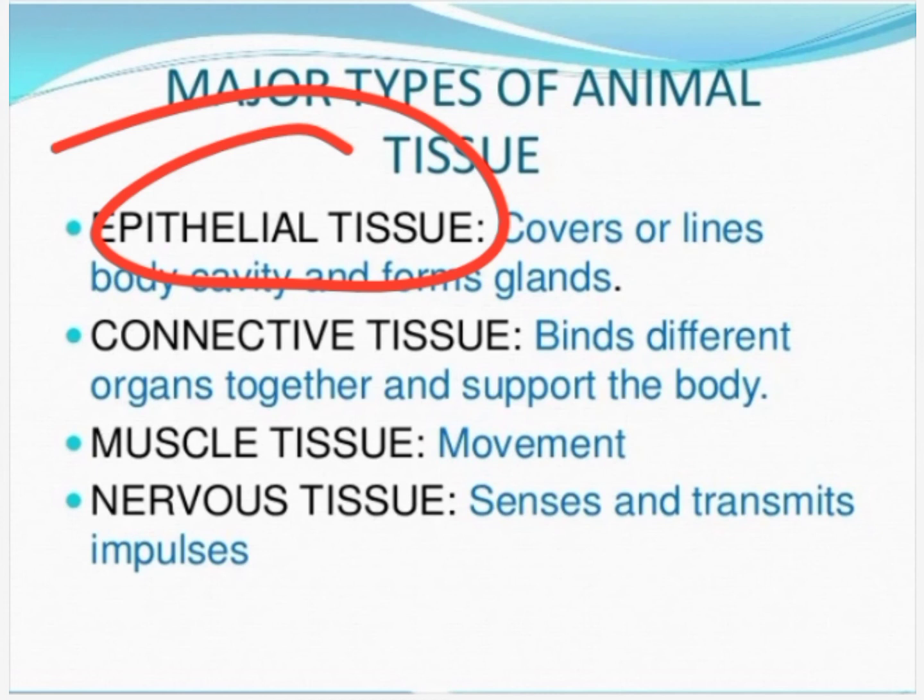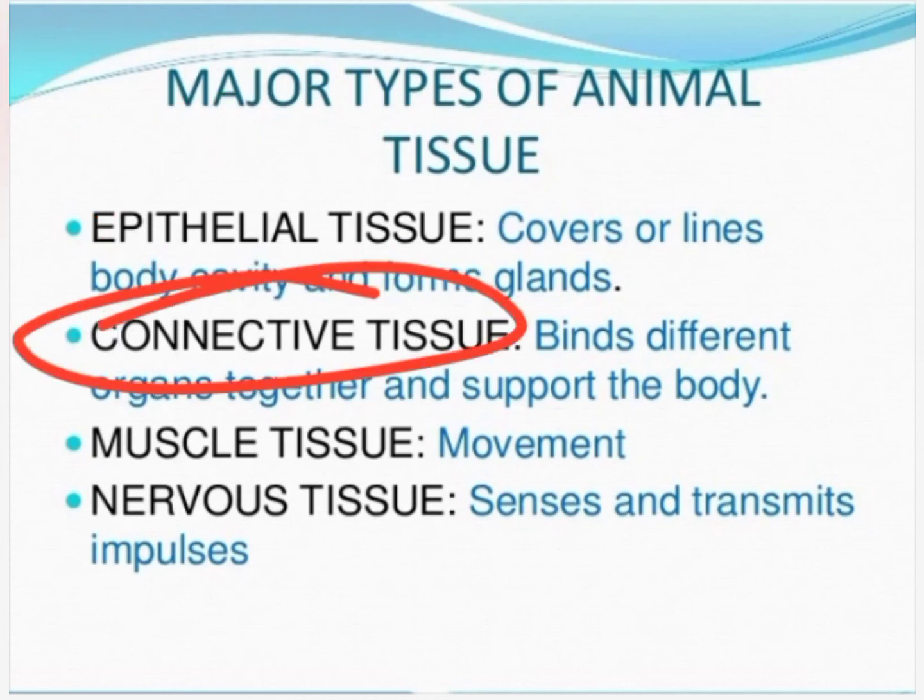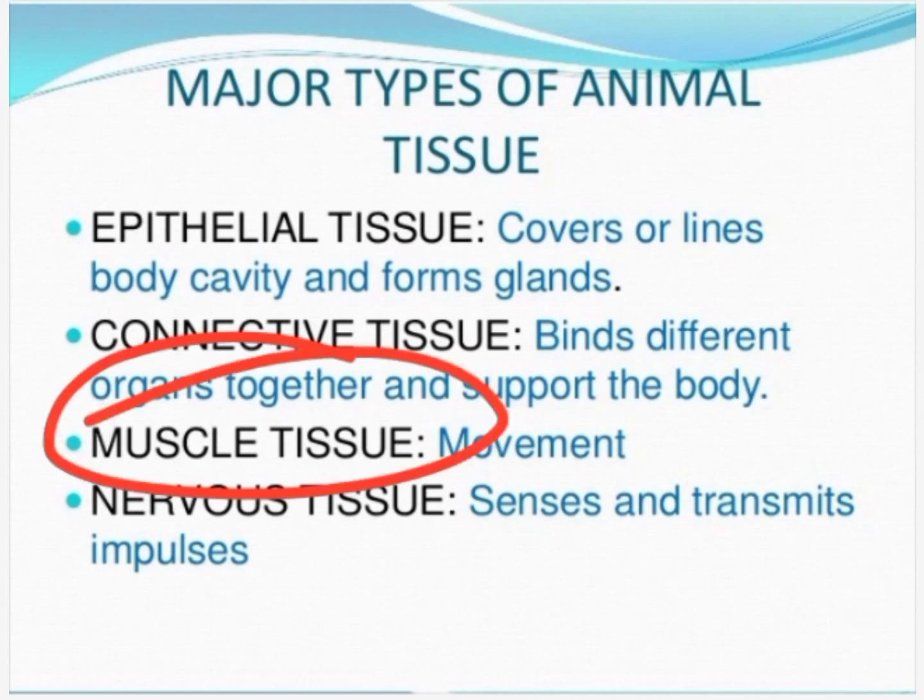Now, the next type is the connective tissues. As the word itself suggests, connective tissues are something related to connections or binding. They form the binding or connections between organs, organ systems, and various different types of tissues. So connective tissues are the tissues which bind two different organs, two different components present in our body together. Now, the third type is muscular tissues. As the word suggests, muscular means something related to the muscles. What is the function of muscles? Contraction, relaxation, movement, right? So muscular tissues help in movement.